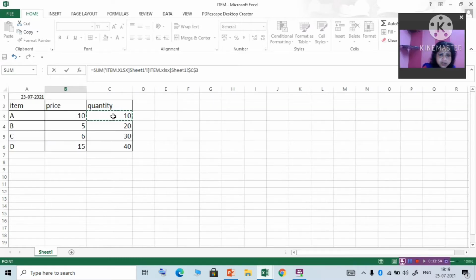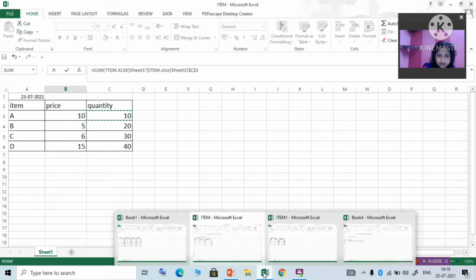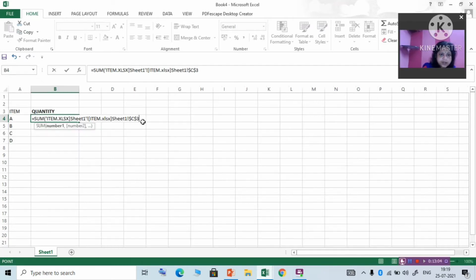Suppose here I want to bring the quantity. You can take a range also in place of this. That is C3, or $C$3; you can type it, and when I clicked it, it came. Then give a comma for the other workbook's data.